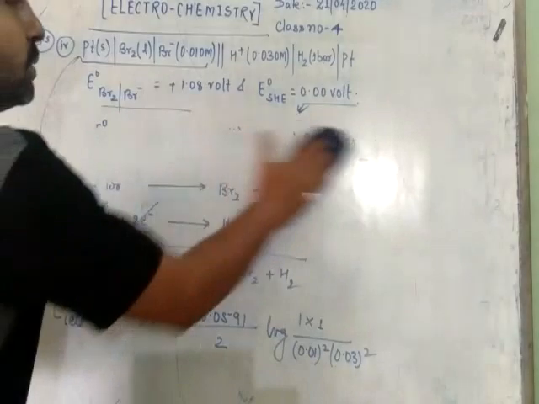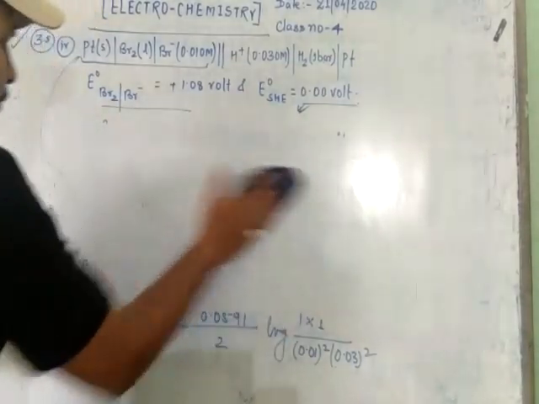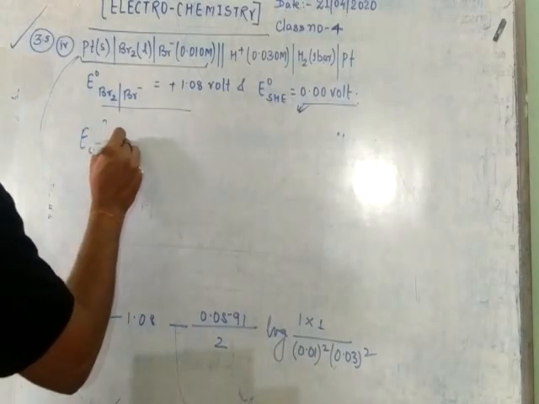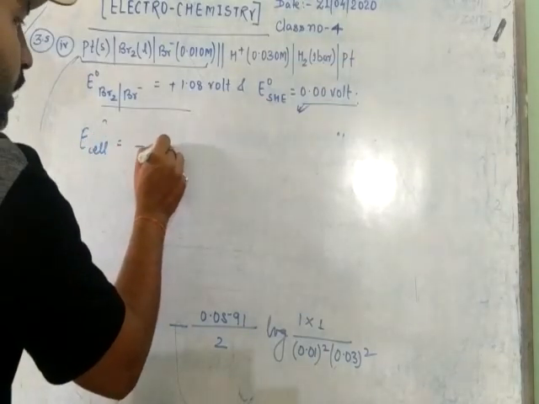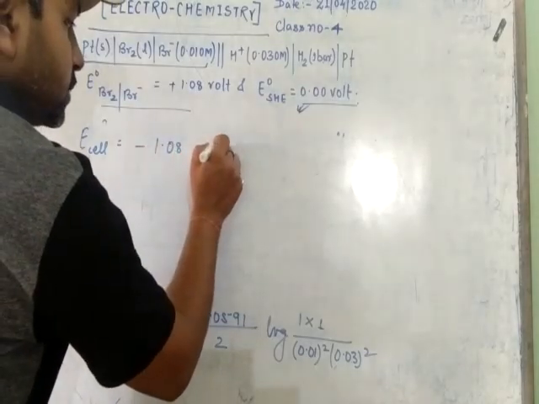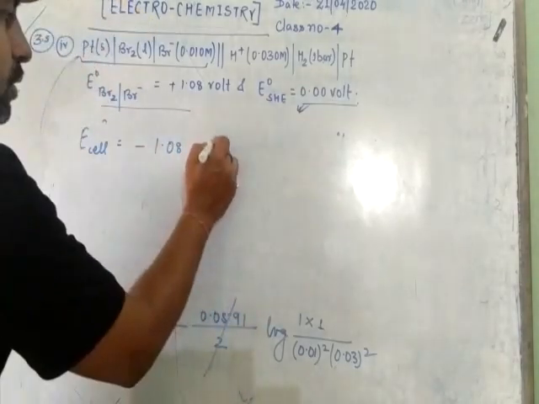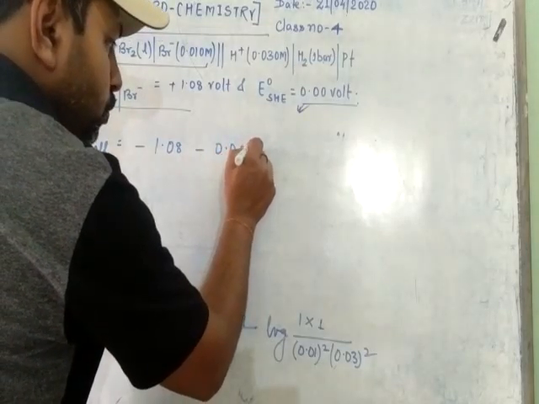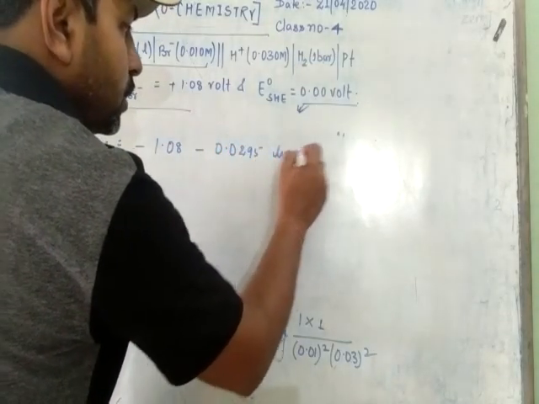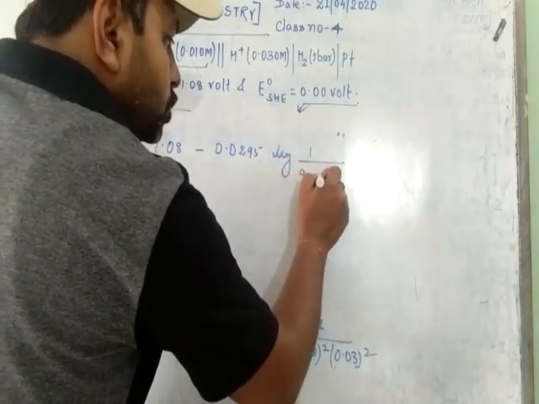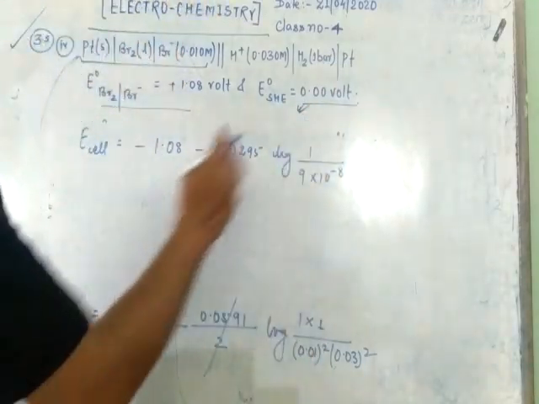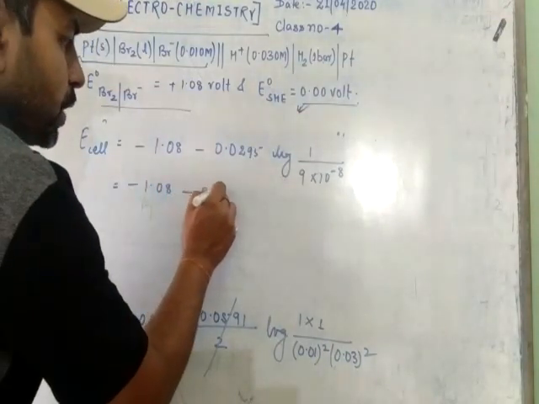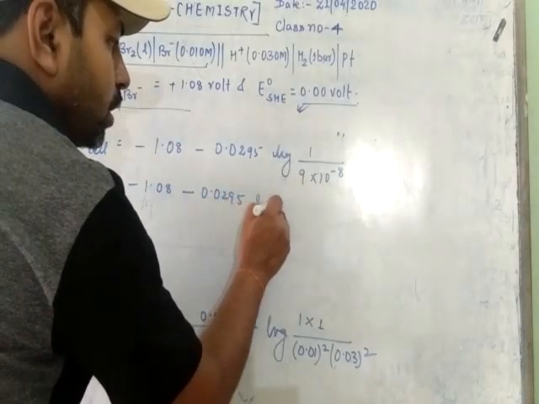The square arises because its coefficient is 2. So students, to solve this question further, now we get E cell equals minus 1.08 minus, on solving this, 0.0295 log 1 by 9 into 10 to the power minus 8. Now minus 1.08 minus 0.0295 log